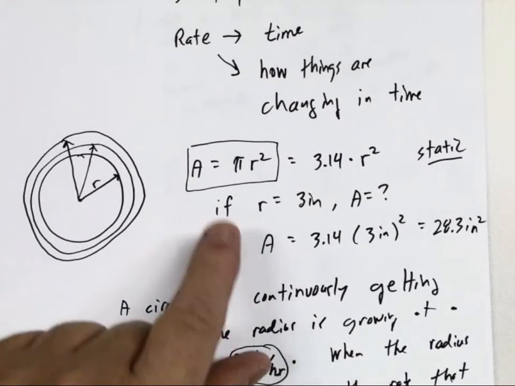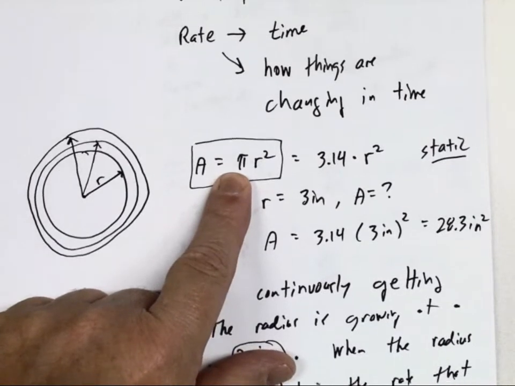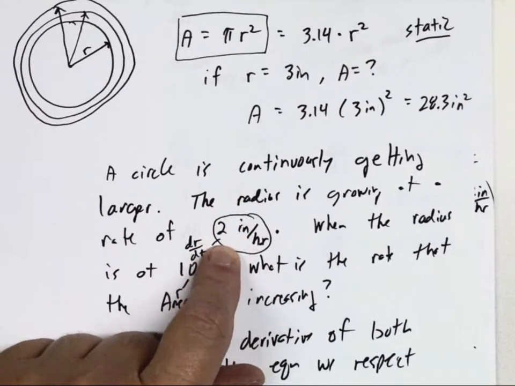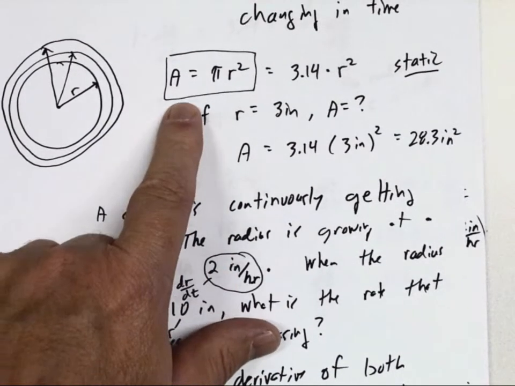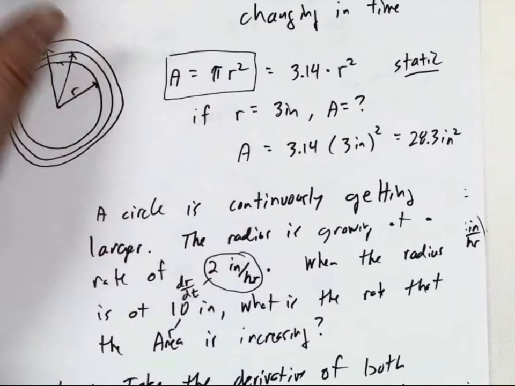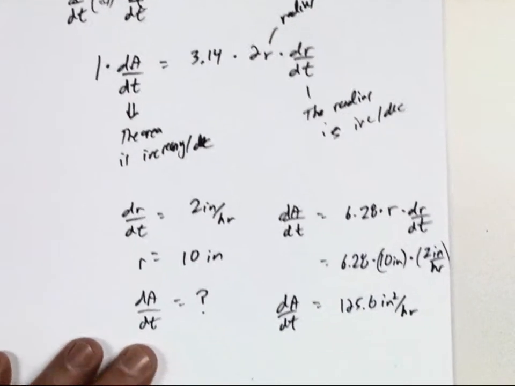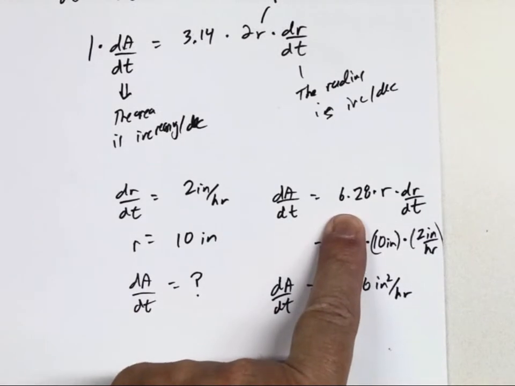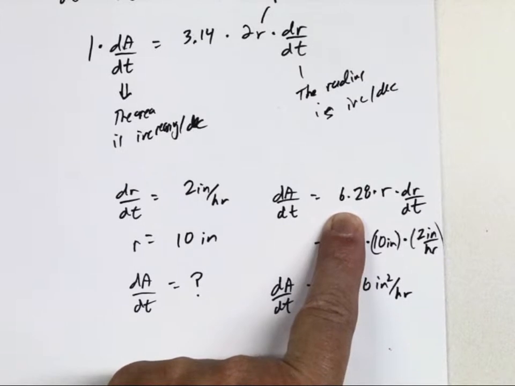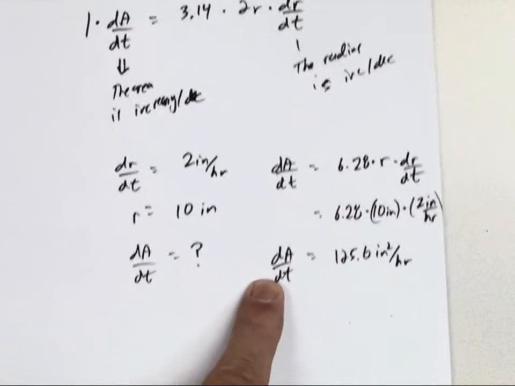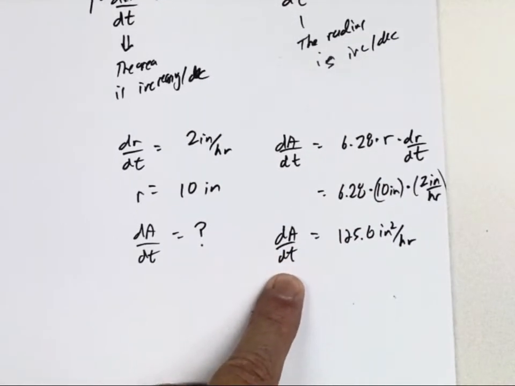Let's summarize it again. We have an equation or formula. They give us some information initially. What I'm going to do is take the derivative of this equation with respect to time. And by the time you finish that, you end up with this equation, dA/dt equals 6.28 times r times dr/dt. And then you take what information they've given you, and when you do, then we have a way to solve for dA/dt.